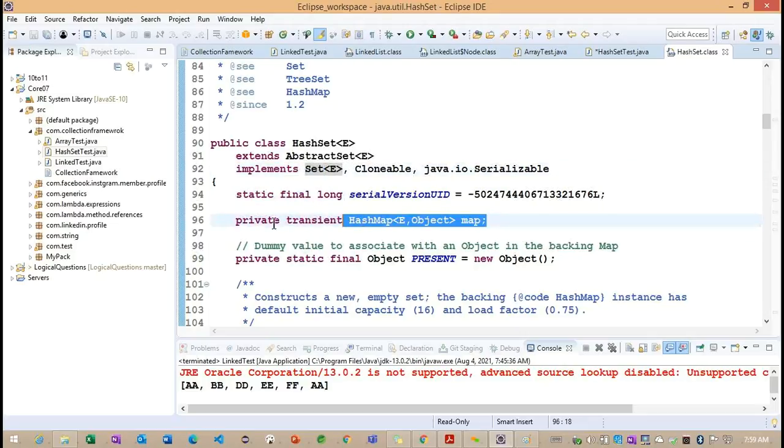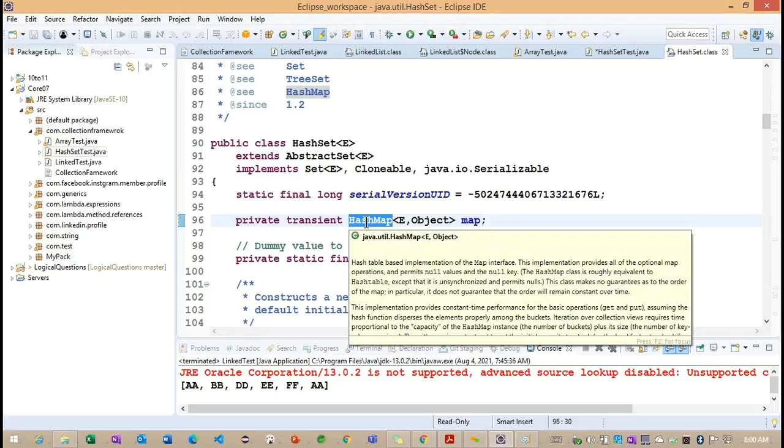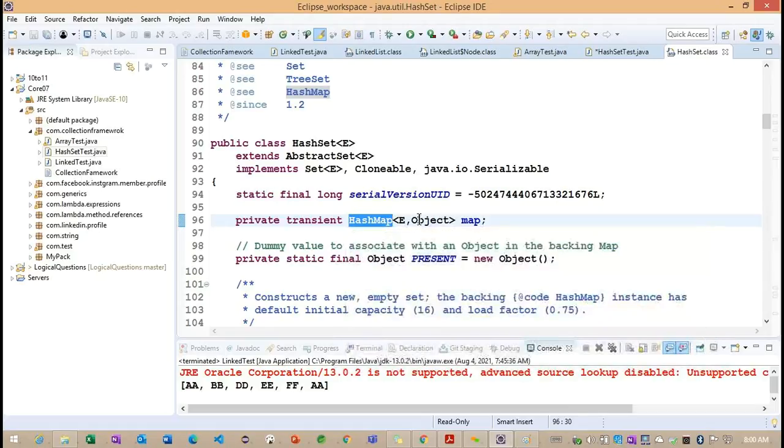We'll see how this hash table is going to work. Observe, they provided one variable here. What is the name of the variable? Map. Getting the point? Now observe that the map has the type HashMap. We'll see regarding this HashMap later, but now what we need to understand is that HashMap is also a generic type, which expects a key as the element type and an object as the value type.